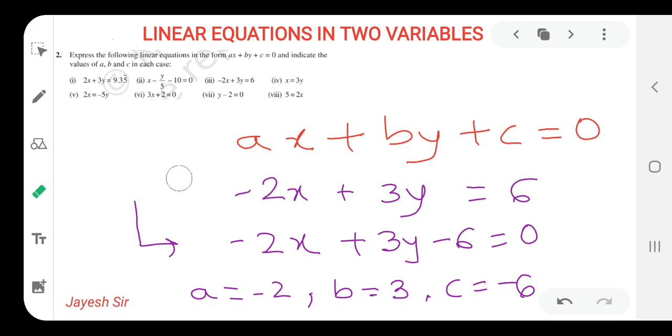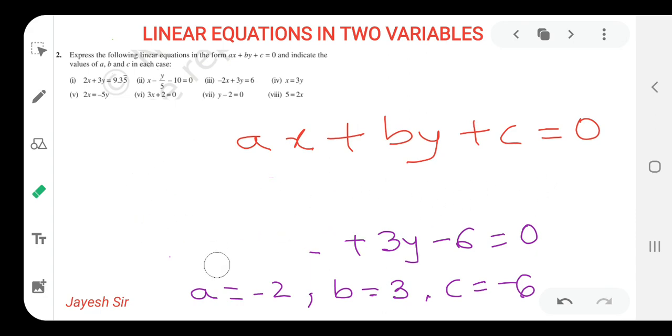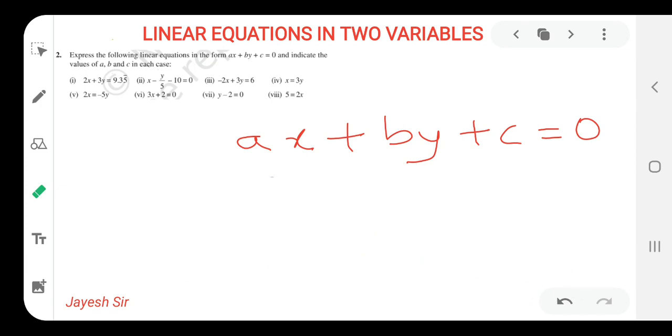So now let us begin with the next sum for the day. If you are capable of solving on your own, pause the video and try to solve the remaining equations, and I think you won't face any problem in finding the values of a, b and c over here. So let us write this type of sum, the example based on this I have already shared with you in the previous slide. Now x is on the left hand side, that is correct. Now 3y should be along with the x on the left hand side, so let us bring it over here.